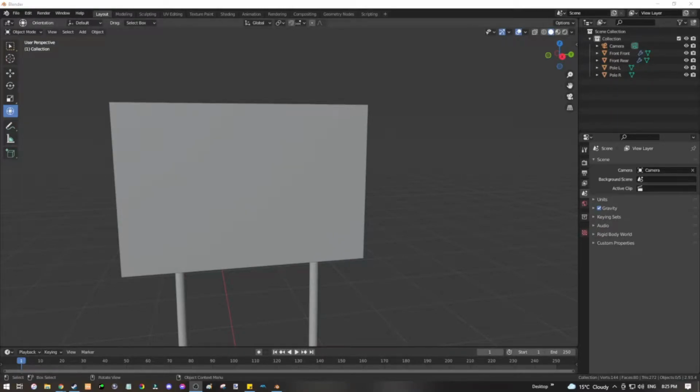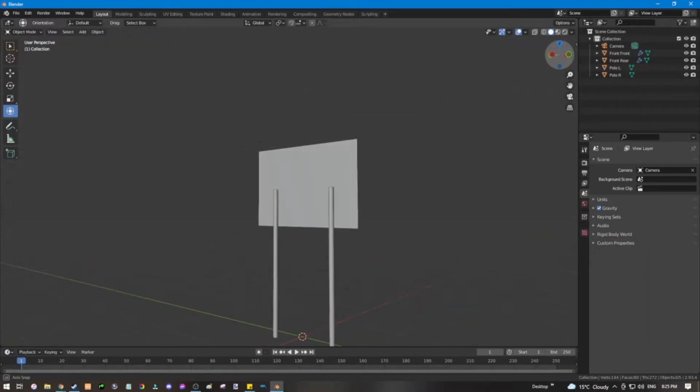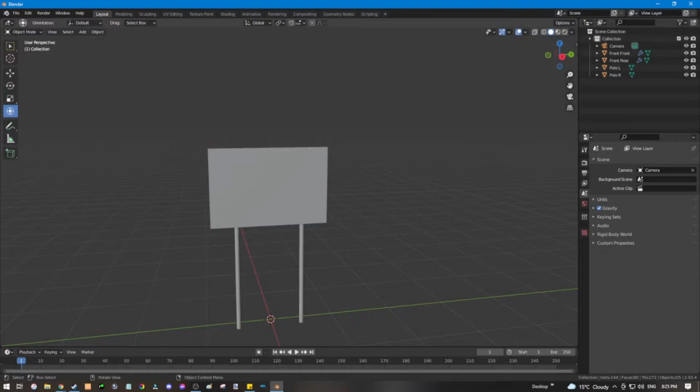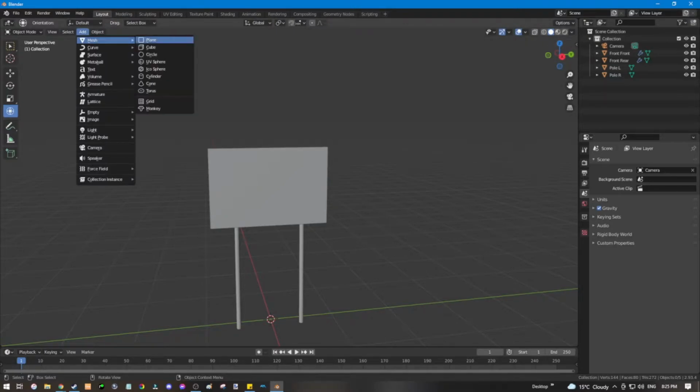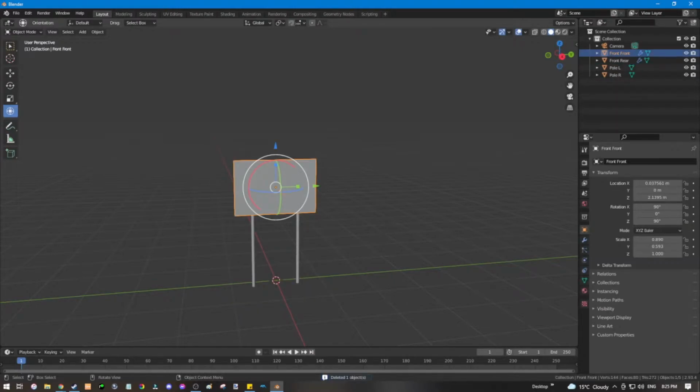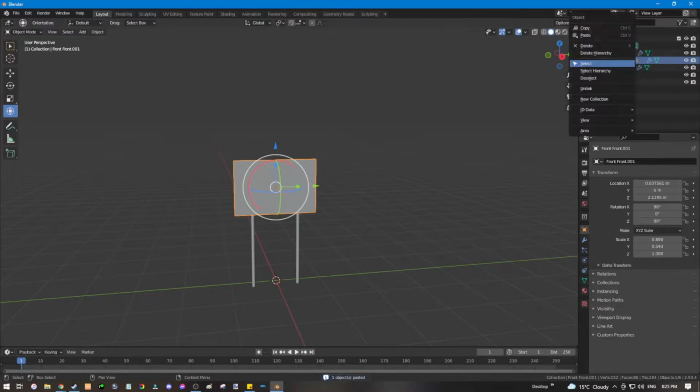So this is basically how you create a renamable asset. So we've got a basic sign here. You want to add a mesh plane, or if you want to be cheeky, you can just copy paste, and rename it to, this is very important, you need to rename it